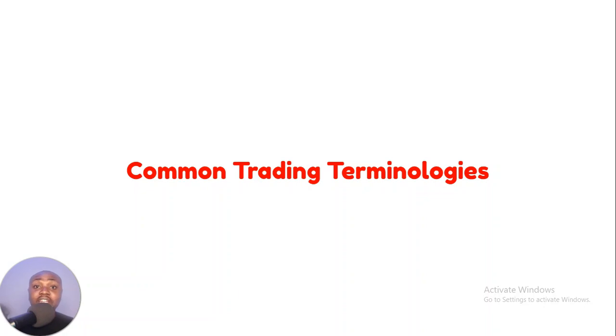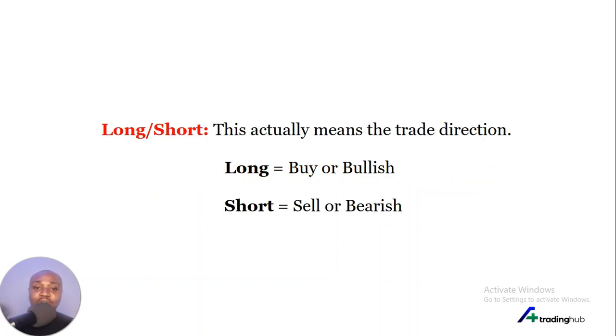There are a whole lot of trading terminologies out there and new traders get confused. So in this video, I'm going to explain all of these trading terminologies for you. First is long and short. This actually means the trade direction. Long means buy or bullish, that is trade going up, and short means sell or bearish, meaning a particular currency